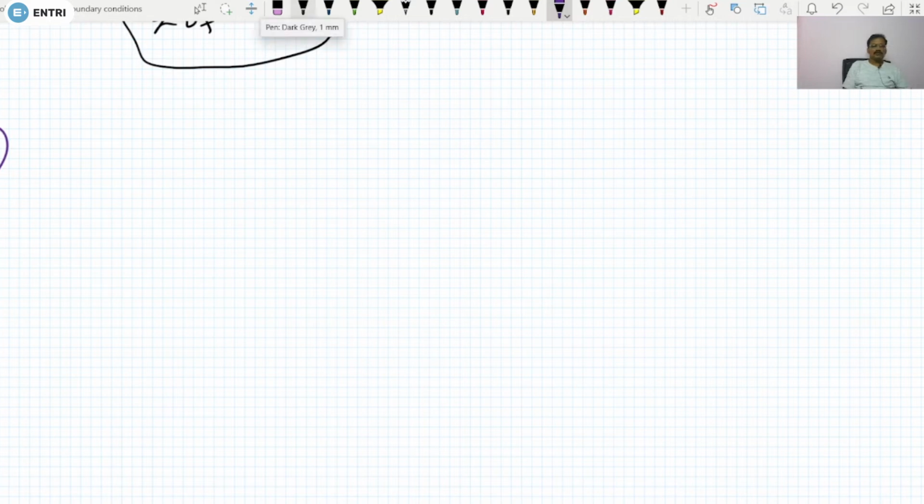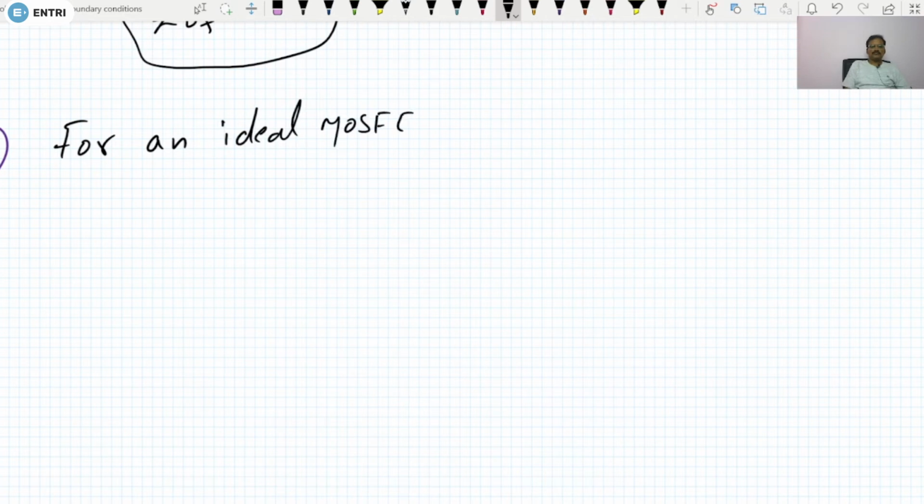Right? So what they have given here is for an ideal MOSFET, one minute here. Some muscle catch in the leg. Okay,